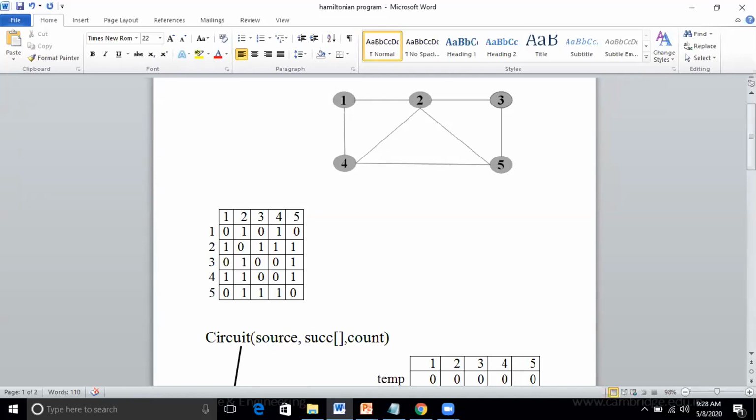Very good. As and when we visit one vertex, I will increment that count and pass it. So it's a recursive function. I'll pass the source node as 1, and the array as the success array. Now, how many cities are visited now?